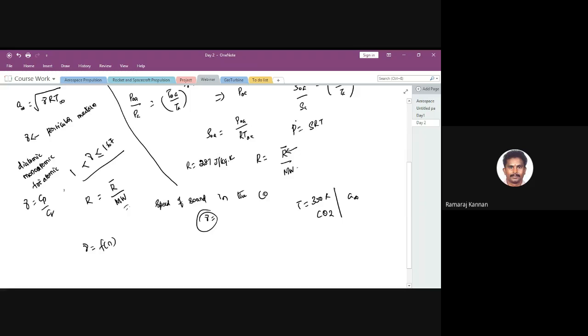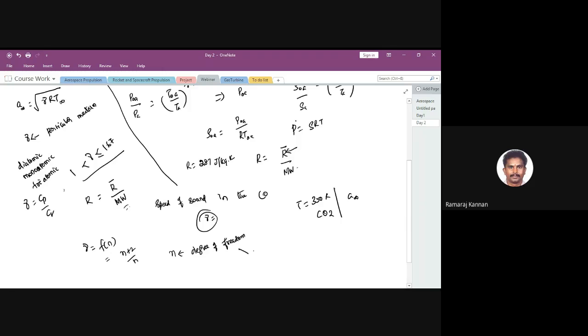You need to see the degree of freedom. Based on that, we can find (n plus 2) by n using the formula. If you know the degree of freedom, you can calculate your gamma value. So now here your gamma is going to be a function of n, the degree of freedom. The degree of freedom is going to vary, as I told you in the last class, depending on